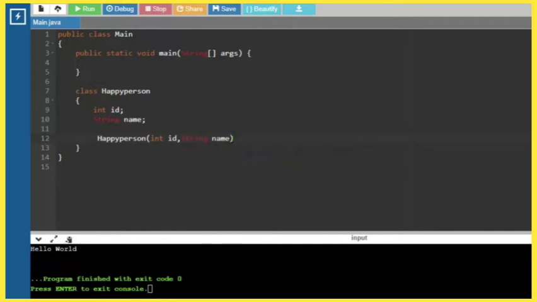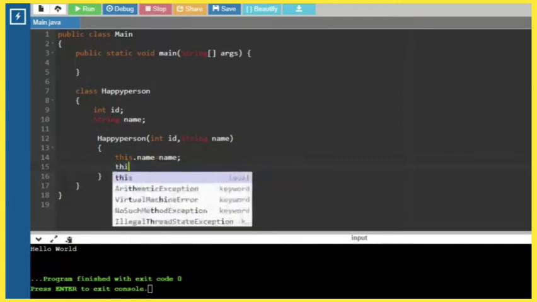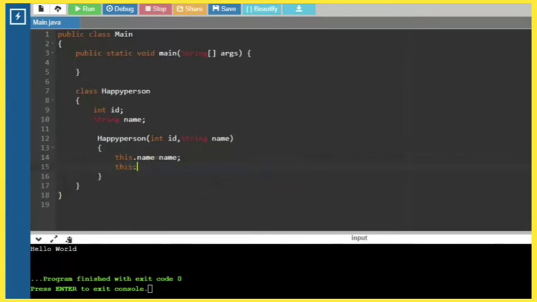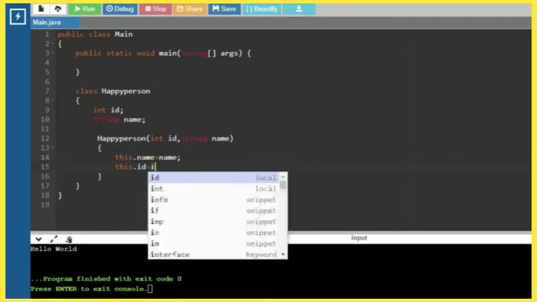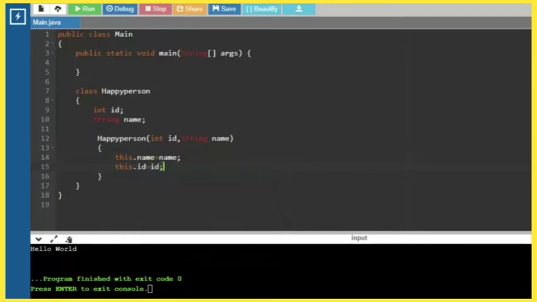Here we are going to give parameters, that is, we will get the ID and string name from the main class. So for that we will give int ID, comma, string name.